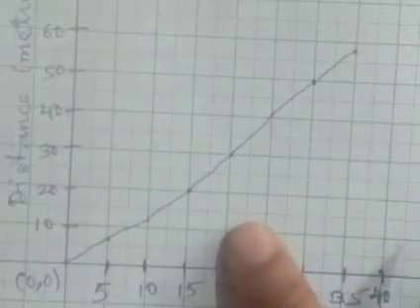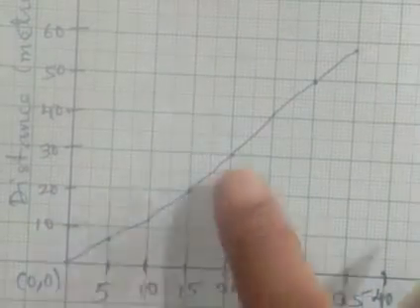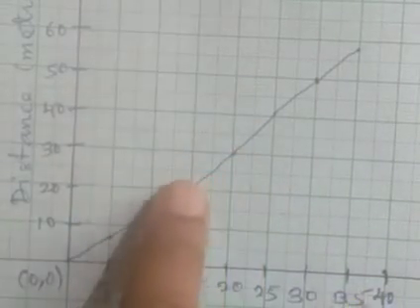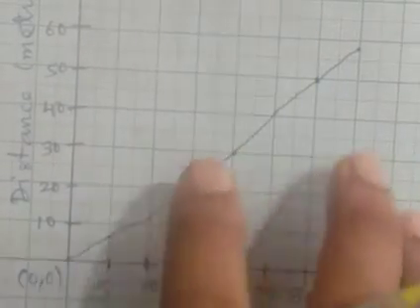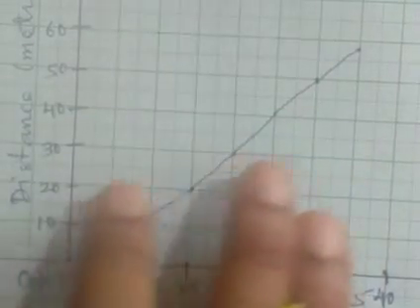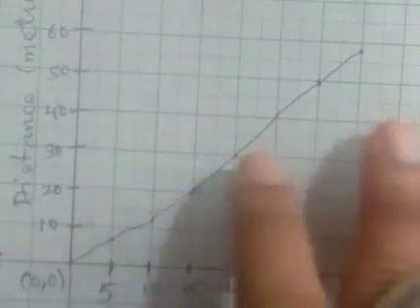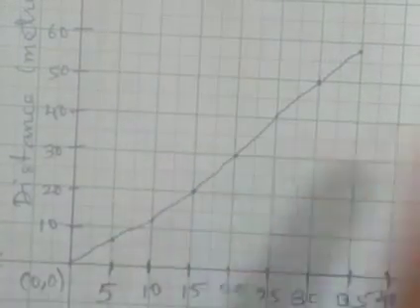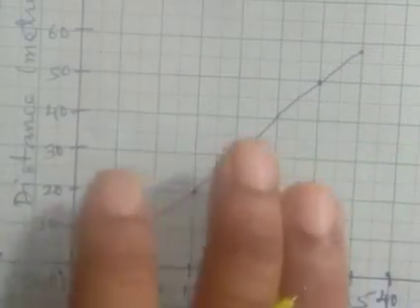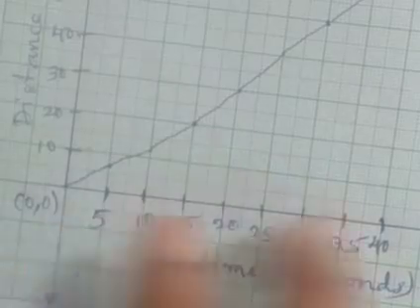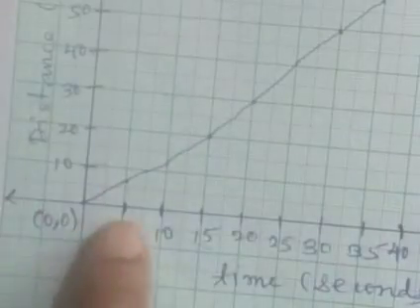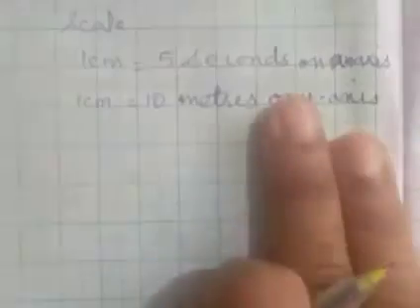Now these are two different types what we are only going to learn this time, but next time we are going to learn about the next type of graph, that is velocity time graph. But in this, what we have learned now, what is graph, why graph is important, how graph can be plotted, okay, what type of graphs we have to learn, that is distance time graph and velocity time graph. Now where we have to plot the time on x-axis and on y-axis distance, how we can use the particular scale and how we have to write the scale here, we have learned nicely today.